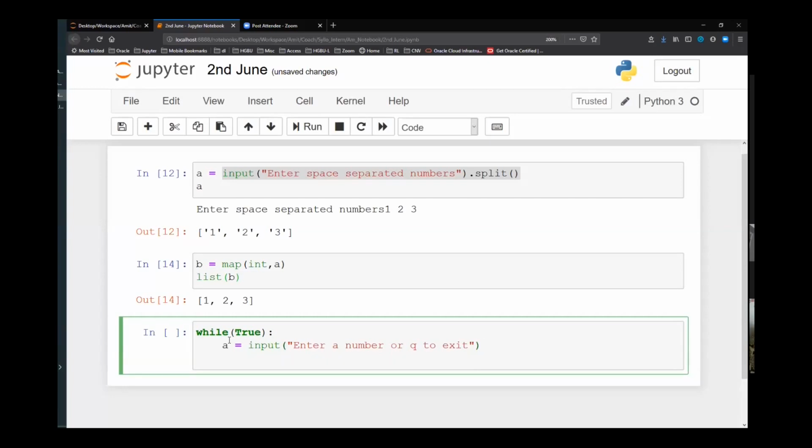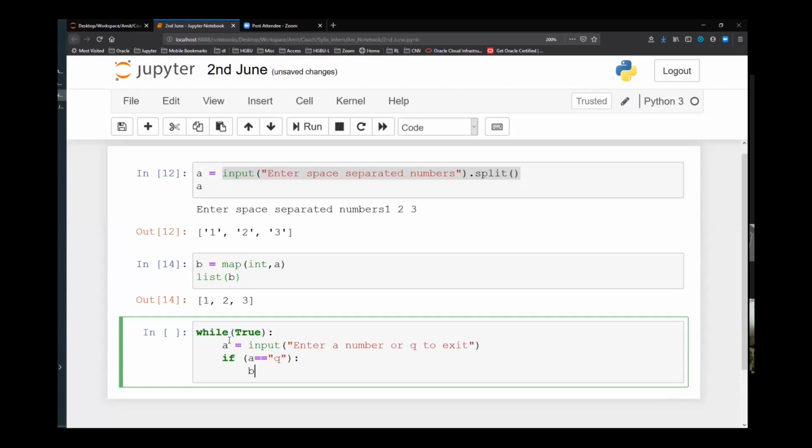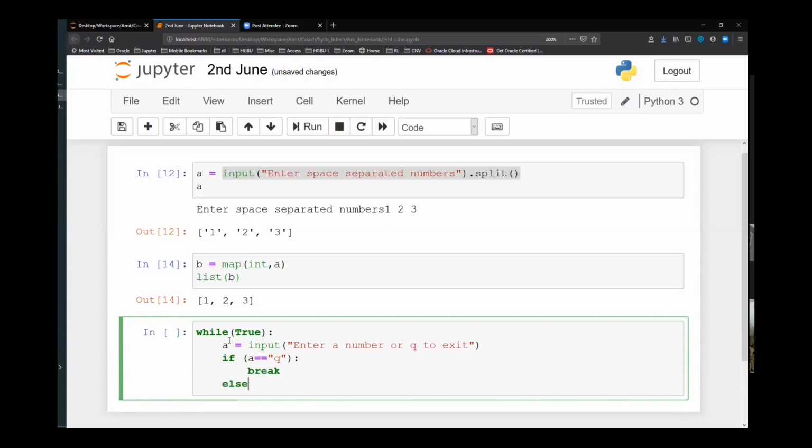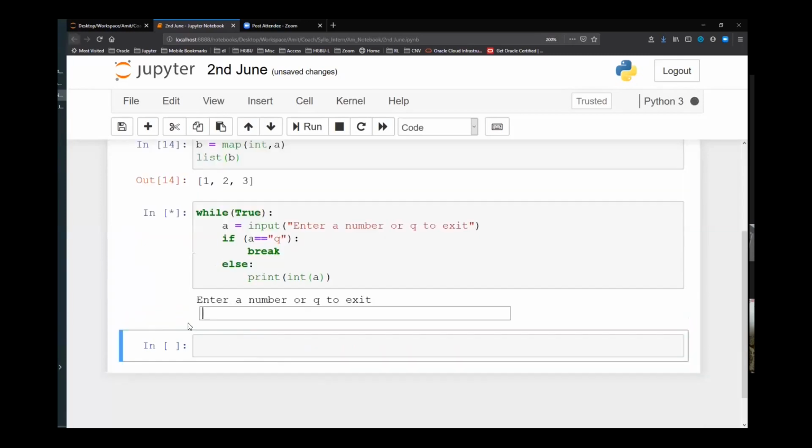Now, if a double equals to Q, break, else, just a simple example, print int of a. For now, I'm just doing a print. Now, if I run this, the first thing it is going to do is enter a number or Q to exit.